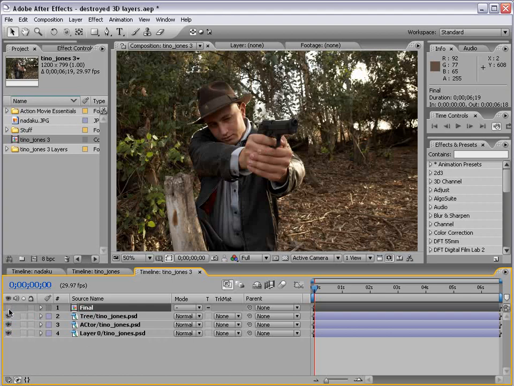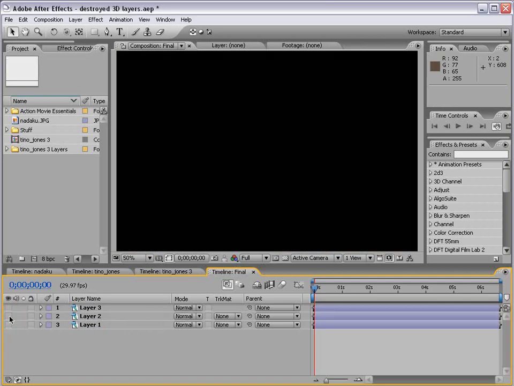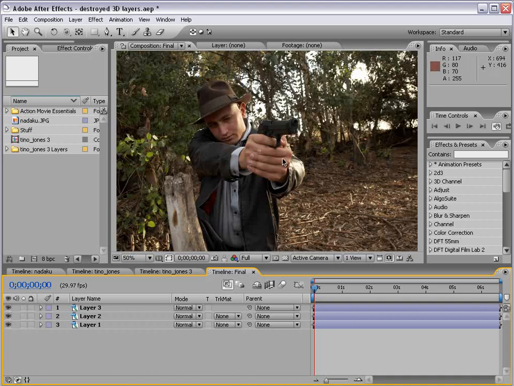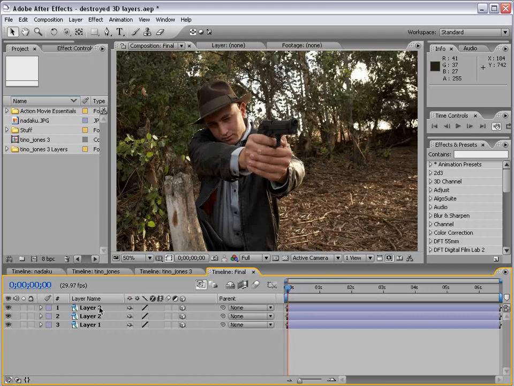Now, I worked on this earlier and did a little better job. So we're going to use my comp, which is just inside, and I'll alt double click. And so same thing in here. We have our tree, our actor, and our background. So I'll turn those layers on, and I'm going to turn them into 3D layers. So F4, bring up our 3D switch, and we'll turn them all to 3D. Let's see, we'll call the first one tree, actor,